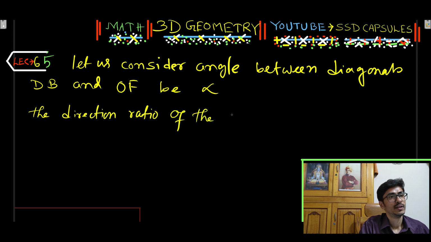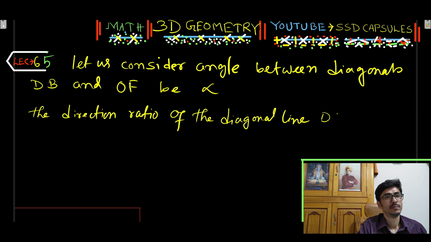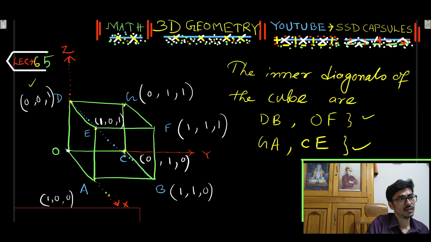Okay, so the direction ratio of the diagonal line DB equals... here the point D, whose coordinate is this, is the coordinate of diagonal D, and we will use another ink, not the blue one. So if we join this diagonal DB, the direction ratio of this straight line passing through the points 0, 0, 1 and 1, 1, 0 is